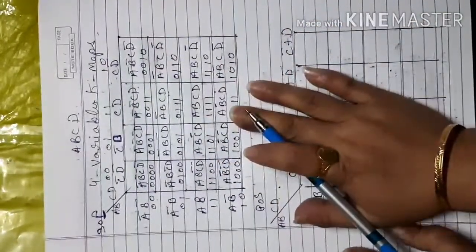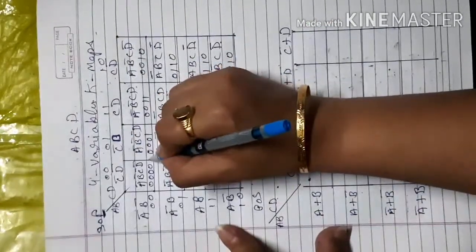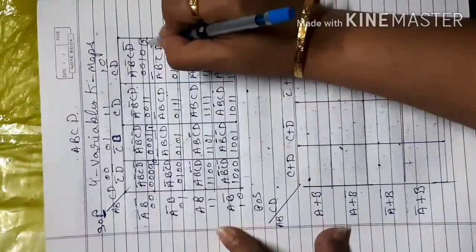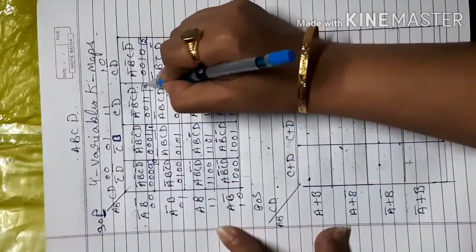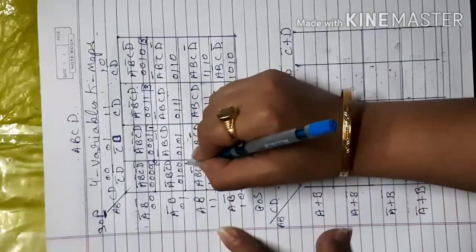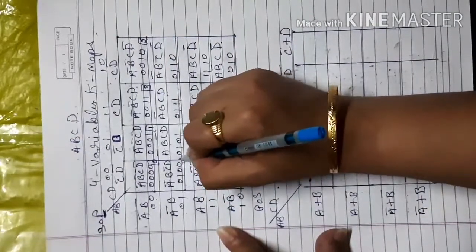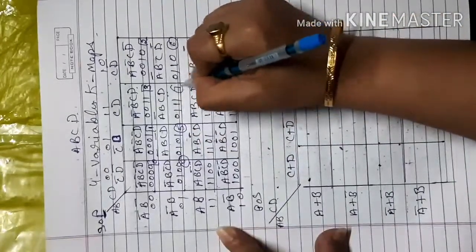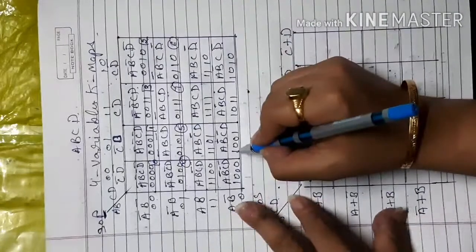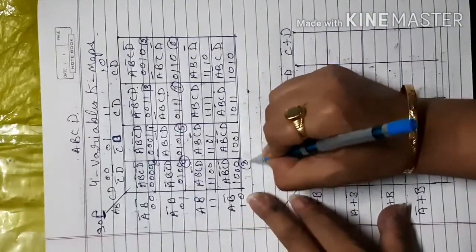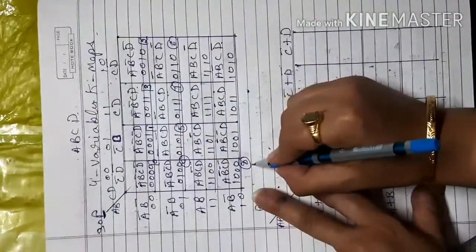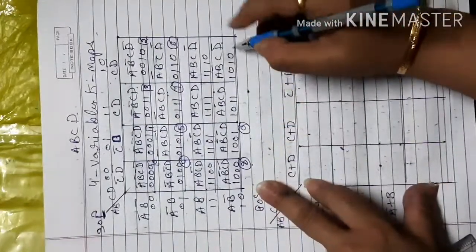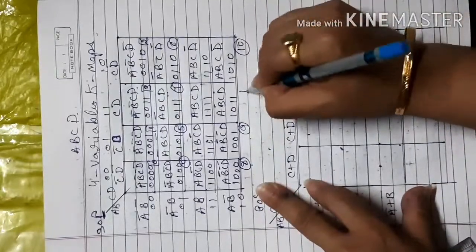So when you go with the decimal numbers here, this position is 0, this is 1, this is 2, this is 3, so this will be 4, this is 5, this is 6, 7, and when you go with 8, it is here. Now you go downward. So where is the number? You go here. This is the 8 position. This is the 9 position. This is the 10 position. This is 11.